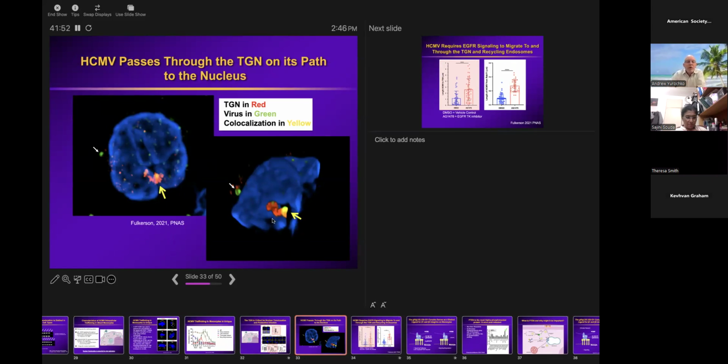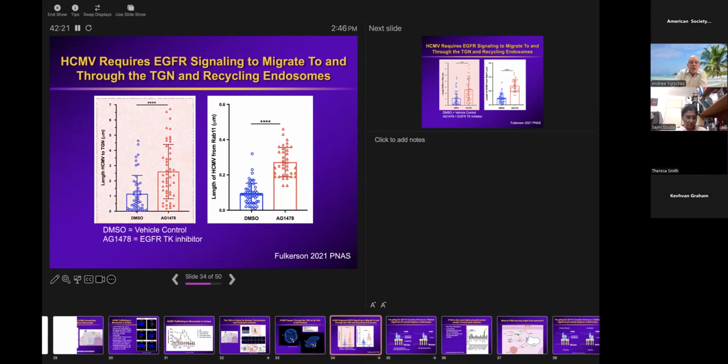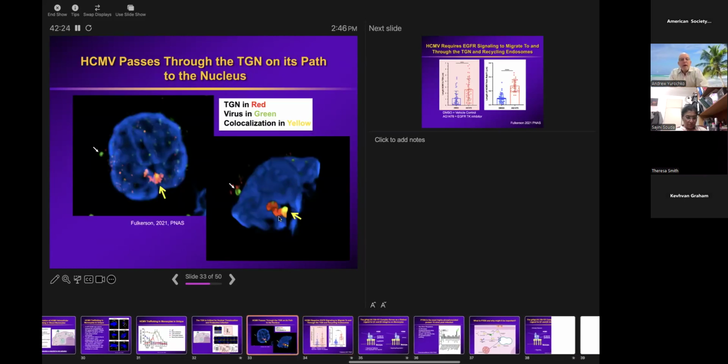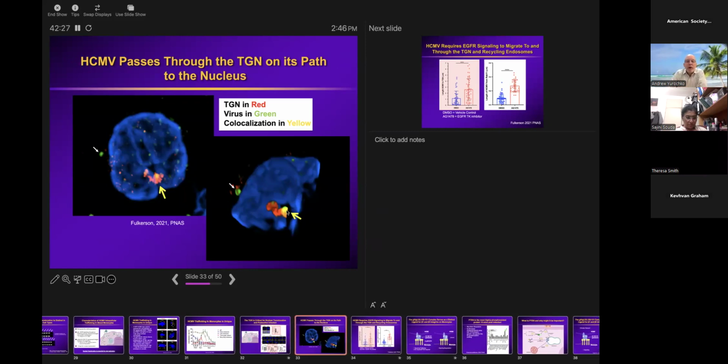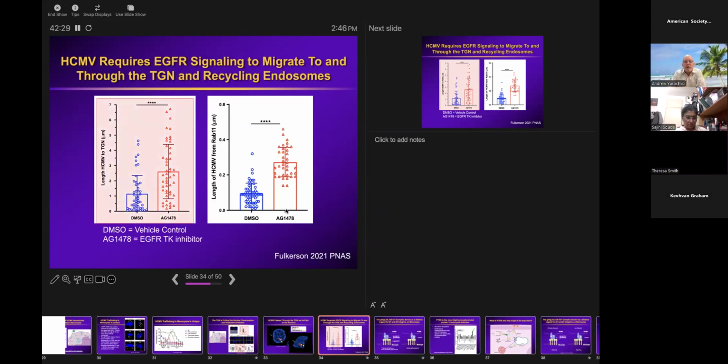So this is taken with the time we're doing this study. We got a newer high-resolution microscope. I know it looks like a blue cloud. This is the nucleus. We have stained the trans-Golgi here in red. The virus is stained in green, and then yellow is co-localization. And what we're sort of looking at is down on the cell. Nucleus is sort of on top. And what you can see is a yellow in which it's inside the red. As we start taking slices through, I know it's hard to see, but as you start taking slices through that section, which is what the microscope allows us to do, you can start to see the green appearing,